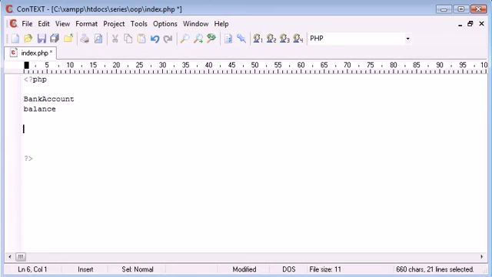So the methods will update things. So we could have a method called update balance, or more realistically, deposit funds. And then we could have, say, withdraw funds. Say the deposit funds will take in a parameter, let's say 10, and we'll add 10 to our balance. So this is a bit of a bad way of representing it,